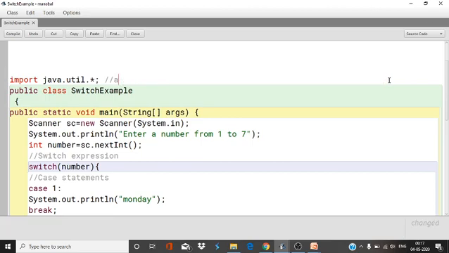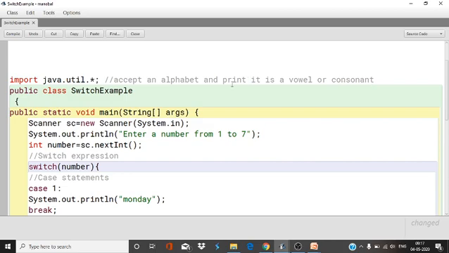Suppose, one example I will give you: accept an alphabet and print whether it is a vowel or consonant.